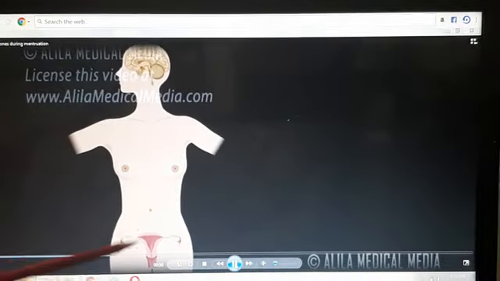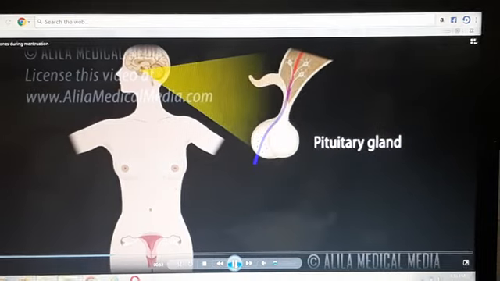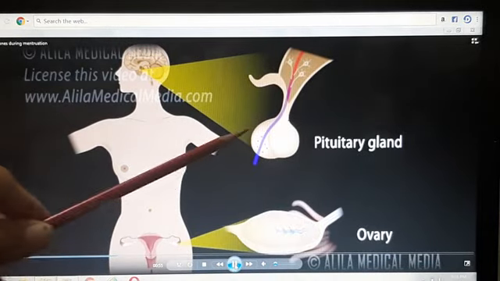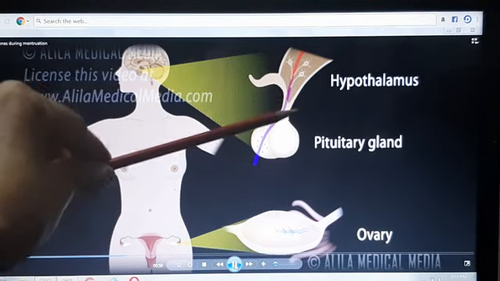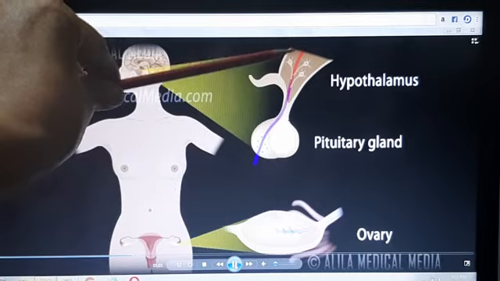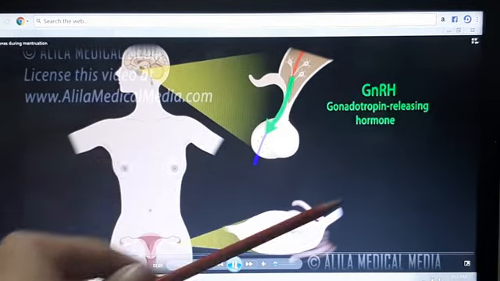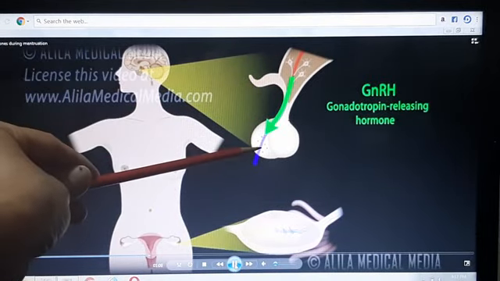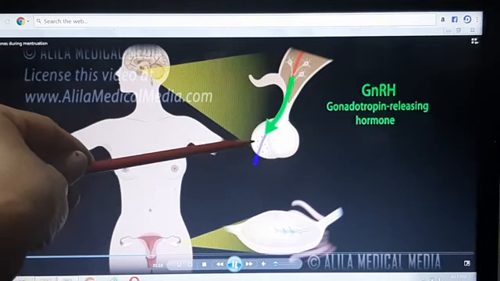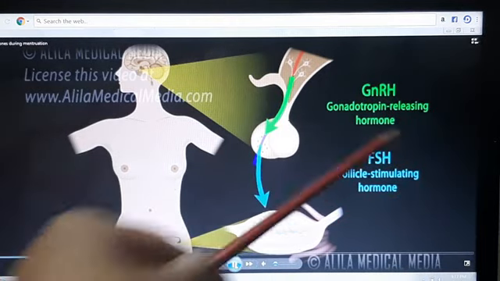Now all these processes are controlled by endocrine glands, and we've got two endocrine glands, which are the hypothalamus and the pituitary gland. So the hypothalamus first secretes a hormone called gonadotropin releasing hormone, and this hormone acts on the front lobe of the pituitary gland, and it stimulates the pituitary gland to secrete a hormone called follicle stimulating hormone,